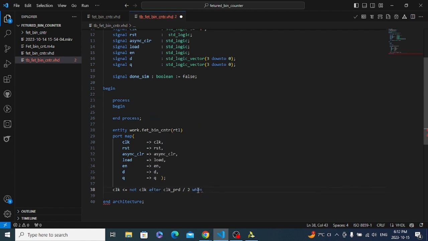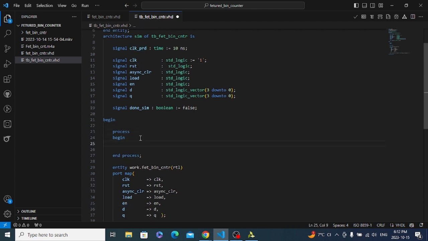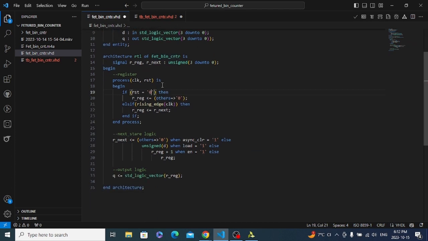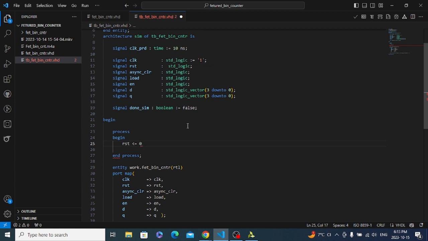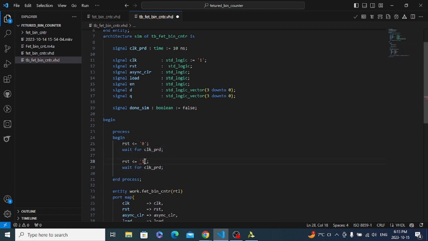We let the clock run in our TB, and we also incorporate our done signal, so that when we say that done signal is equal to false, we are able to stop our test bench. So now let's add a few. We're just changing here the reset to be equal to 0. When reset is equal to 0, we reset our circuit, and we are going to start by resetting our circuit,